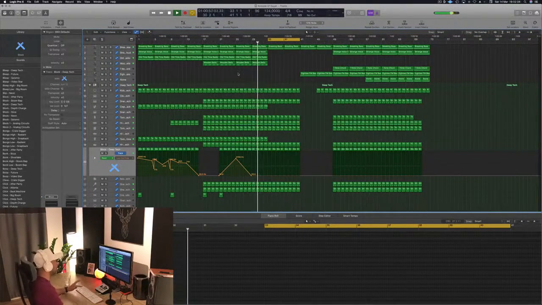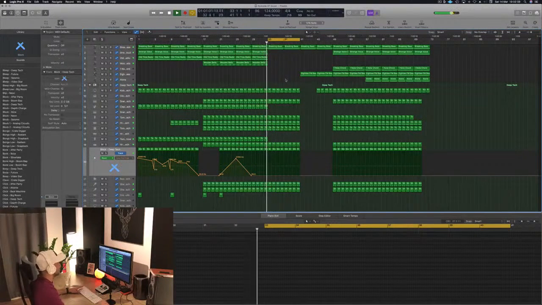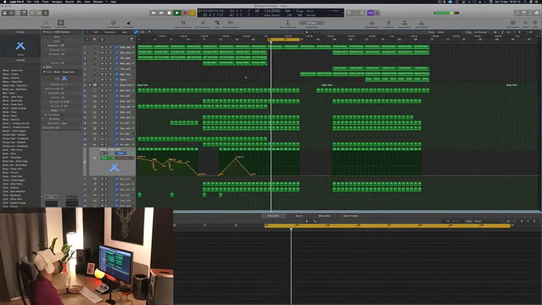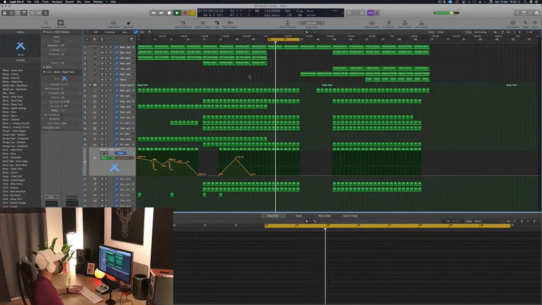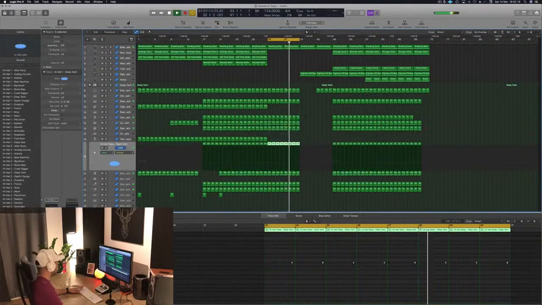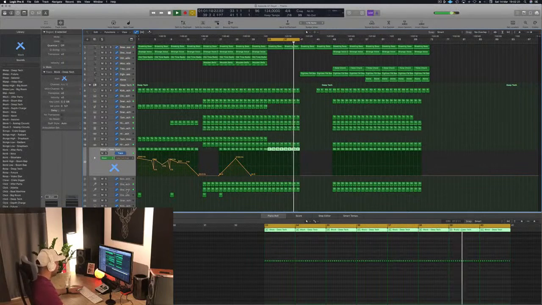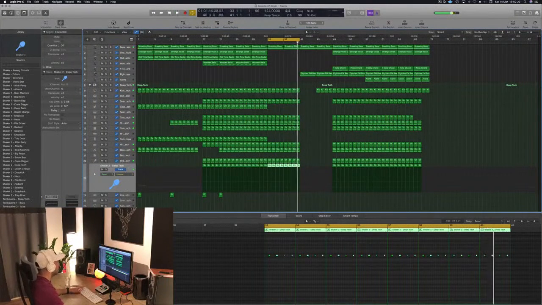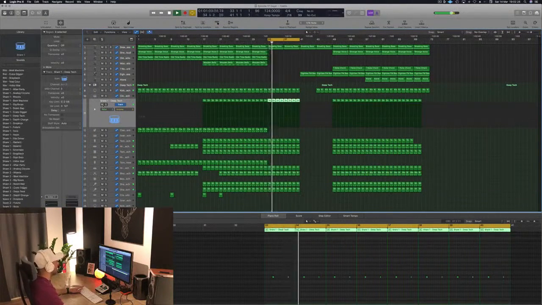This is good. Bring it, I think. This snare, I think, is just smacking. It's not bad. I think it's this one. No, not this one.